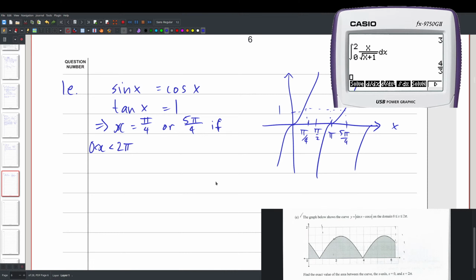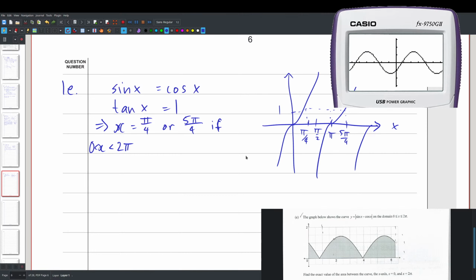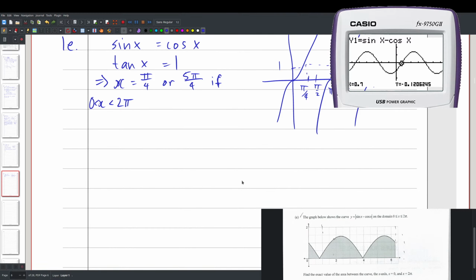Alright. So what do you do with this information? Basically, you want to be integrating, because, okay, look at the graph, right? Look at the graph. So you want to go sin x minus cos x, right? That's the graph. So here it's negative, right? So you want to integrate, so integral of sin x minus cos x dx between 0 and 2